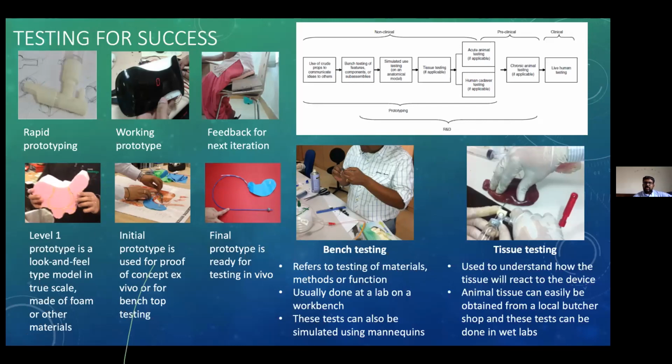So do a lot of prototyping, test it out quickly and get some feedback, and that's the best way to design your project and to figure out if it's going to work. So with that, I'm going to close. That's my last slide.